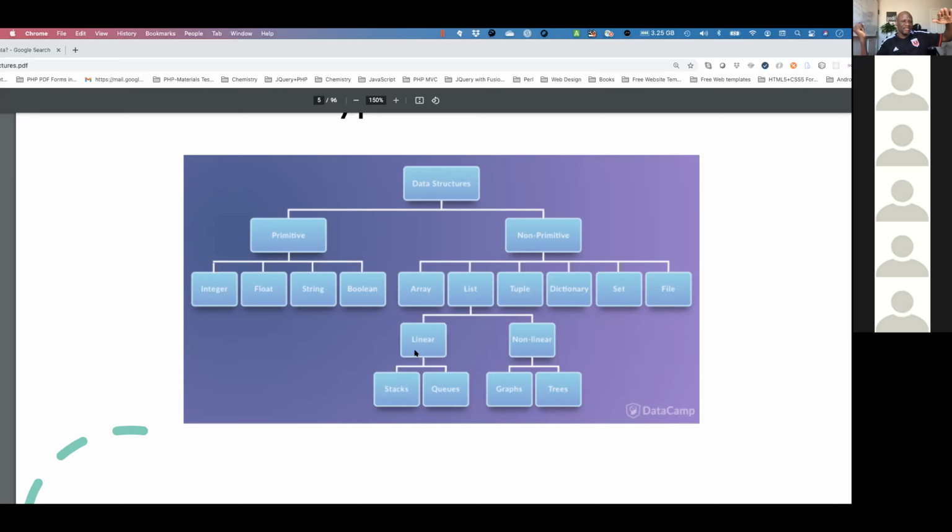Okay, that's a stack. Now, if you go to, let's say, voting, you go to the bank, or you go to the post office, you line up. That's a queue, right? So the first in is the first out. That means first come, first served.